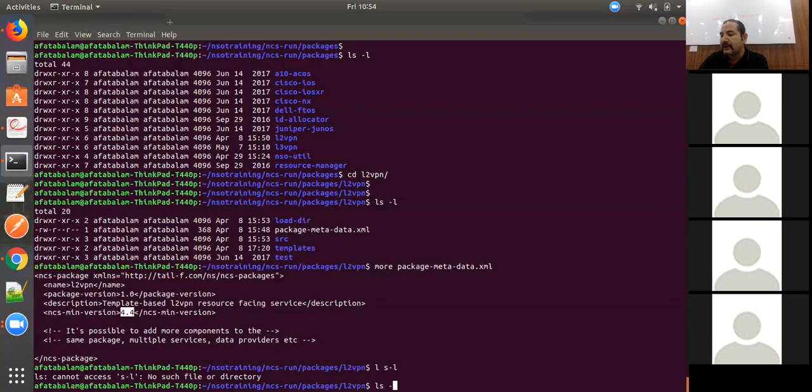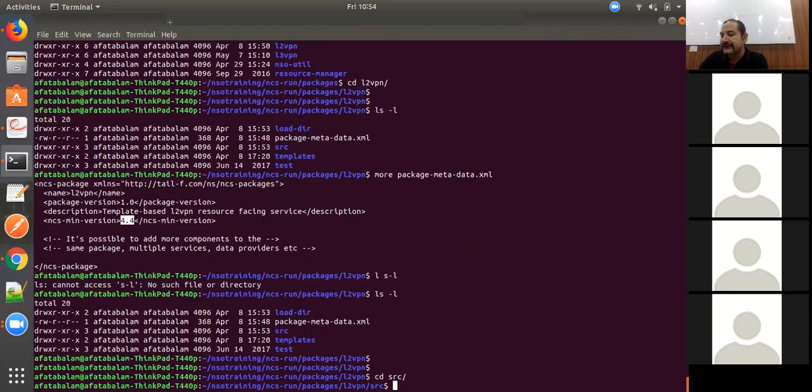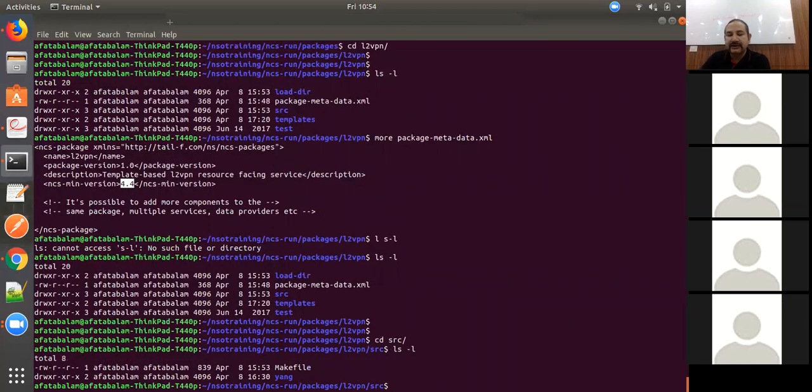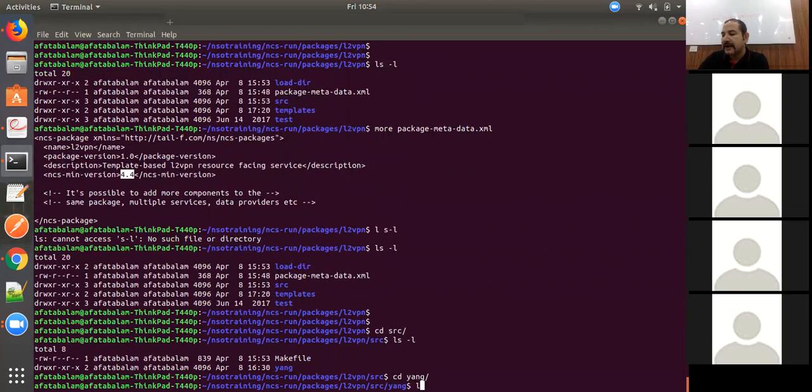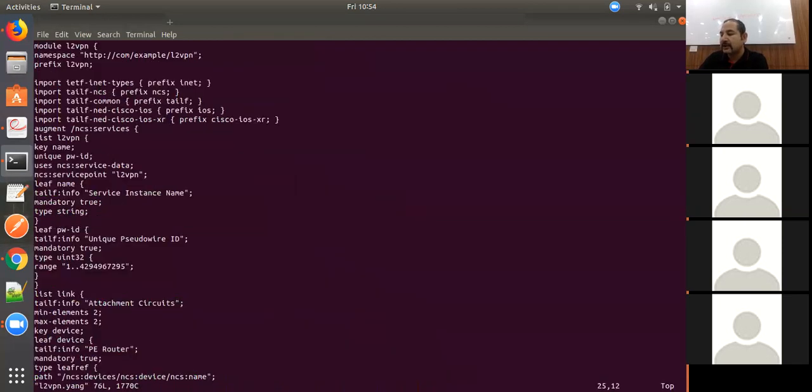So now we are going into the source directory, which is the directory of interest to us. So source has your YANG. So I'm going to YANG, and the YANG file is here, L2 VPN. This file is created by itself through the NCS make-package command. However, you have to put your YANG module here. So this is the YANG module which we have